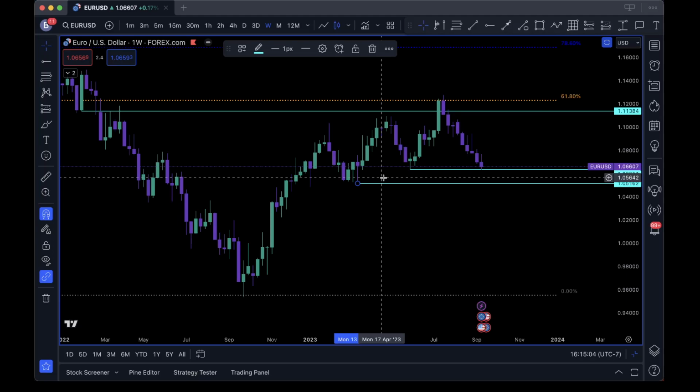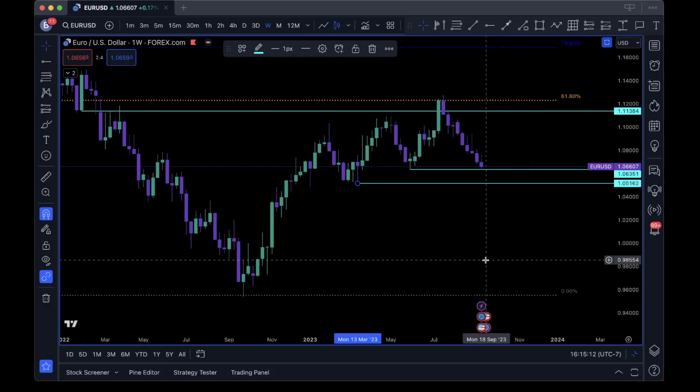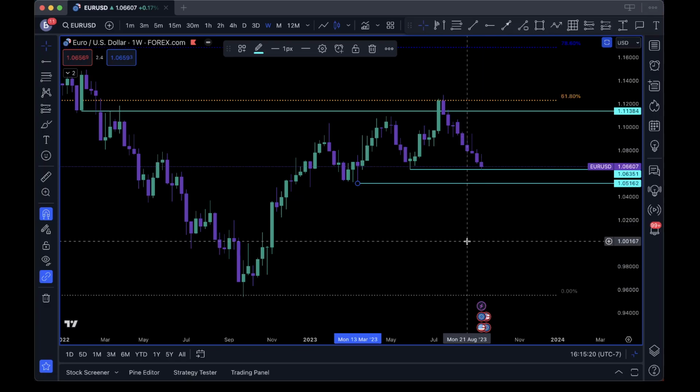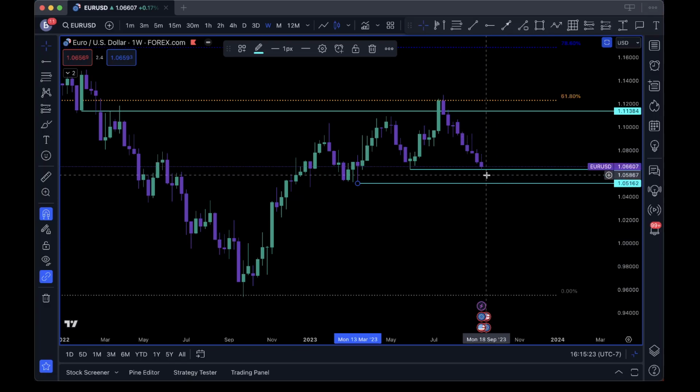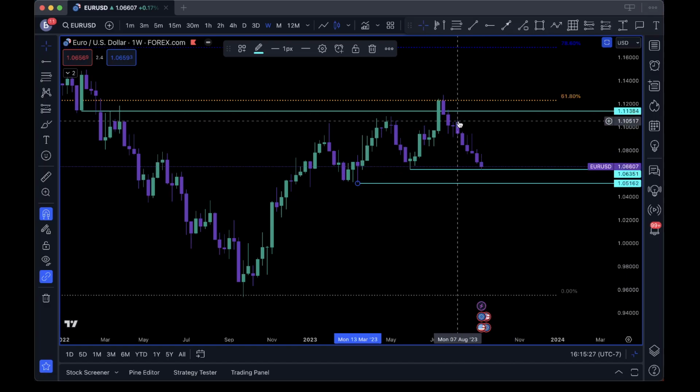So again, when talking about liquidity, places that we're looking for pending orders in the market would be above old highs, below old lows. So this is what I'm looking at: 1.05162 as an old low to target for Euro USD. Now, how long it takes to get there, I don't know. But we are bearish Euro and still bullish on the dollar. So that's our narrative. That's our bias. So any trades we're taking, we want to couch within that bias.